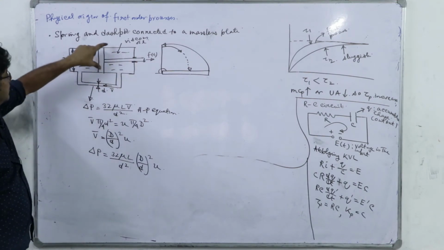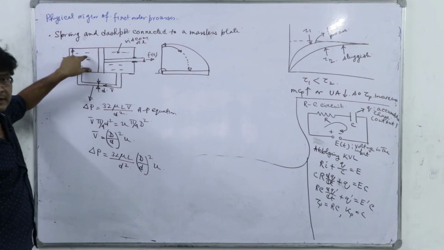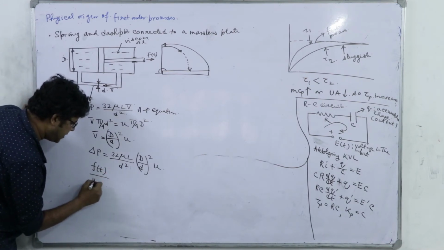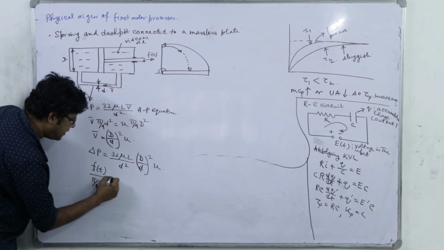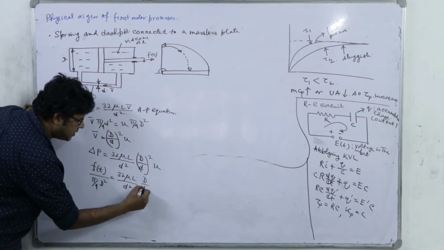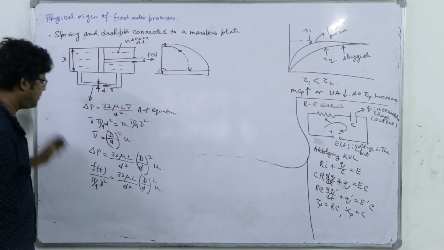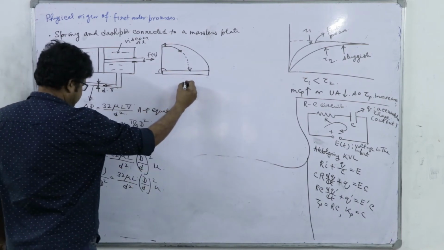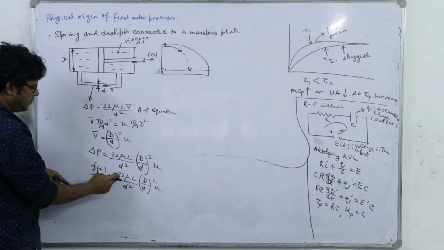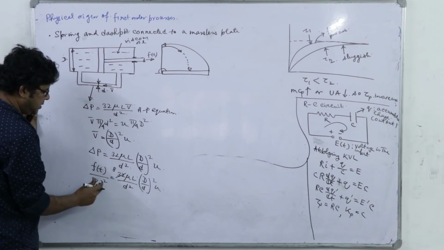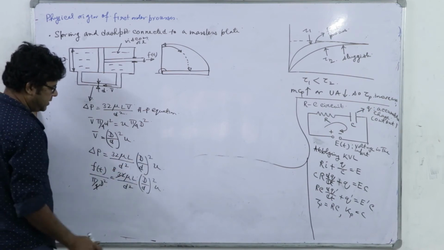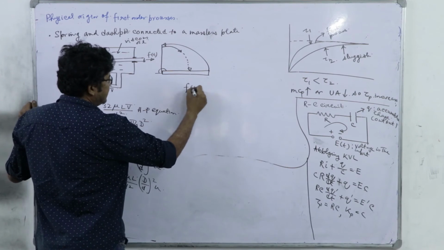Because of this force, there is a difference of pressure on this side and this side. So force divided by cross-sectional area we can write as Ft divided by pi by 4 capital D square is equal to 32 mu L divided by d square, capital D by small d whole square into u. So you see that this 4 will be going to here, 4 and 32 giving 8, capital D square. This D is going cross multiplied here. So Ft becomes